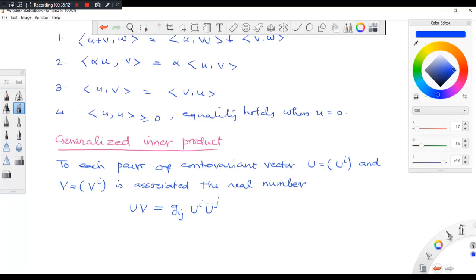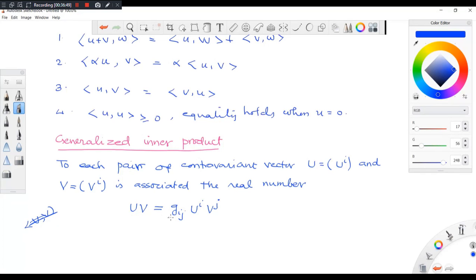Okay, so this is the way by which the generalized inner product is defined. So uv, merely uv, and some people may write it differently also. Here I use this notation, uv, the generalized inner product. You take each component and multiply it with the gij. So the curvature of the space will come in. What is gij? The gij are metric tensors, and the metric tensor will give you the curvature.